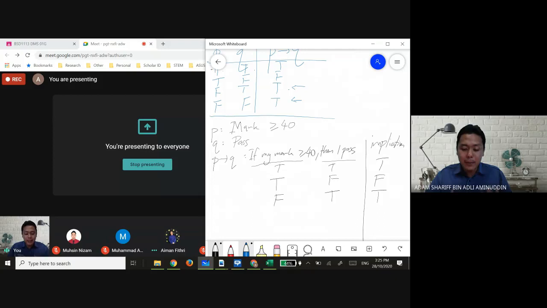If my mark is not over 40 but I get pass, students usually don't complain. They will never complain. It is true. This is the explanation from the Rosen book. Actually I don't like that explanation, but I have to use the analogy for students. If you don't get over 40 and you fail, true, it's logical. The implication is still true.